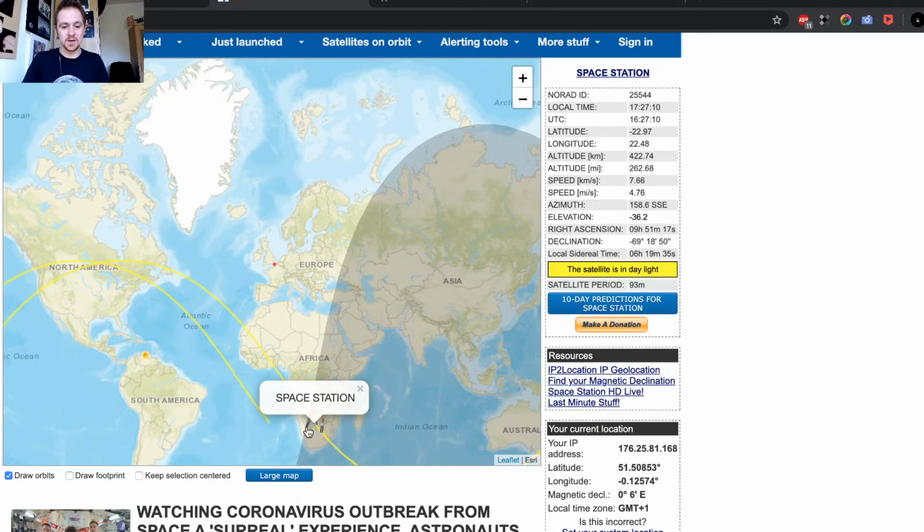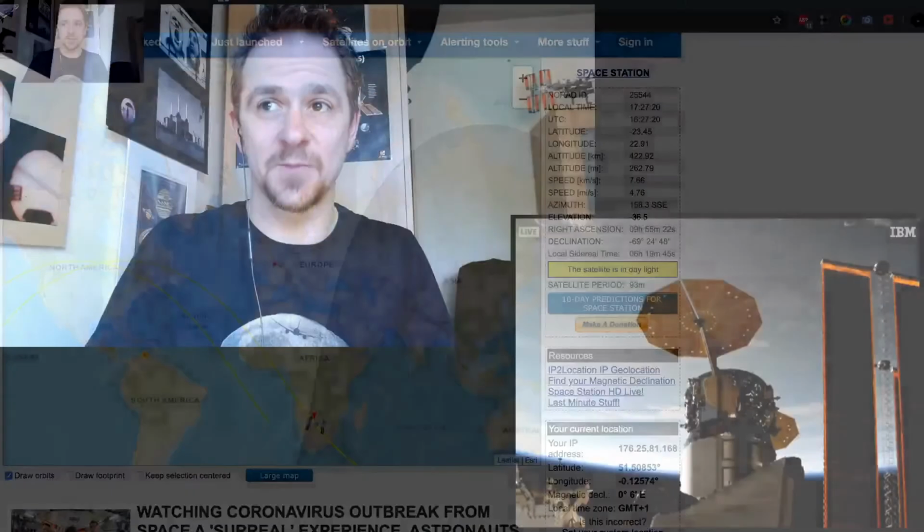Here you're going to see the space station just entered Earth shadow, which is funny because if I show you this big screen, then you're going to see that in that tiny screen in there.